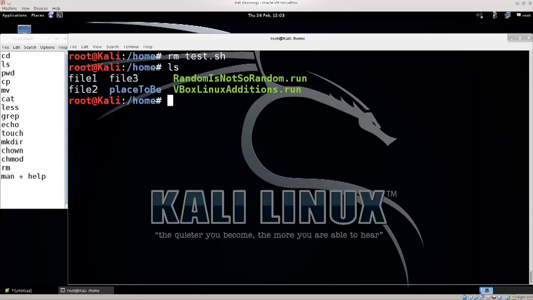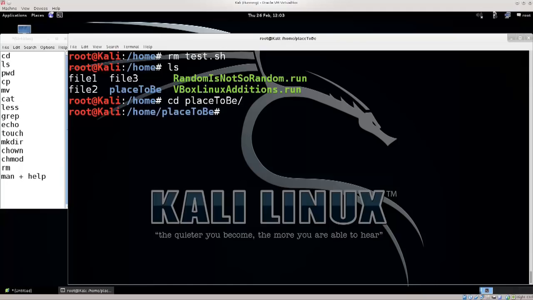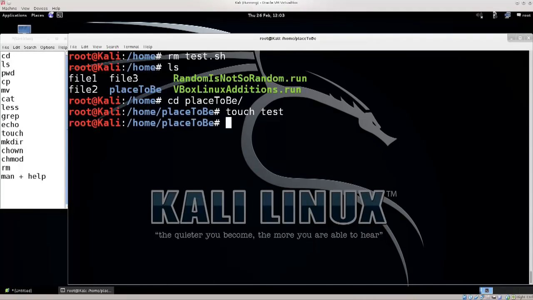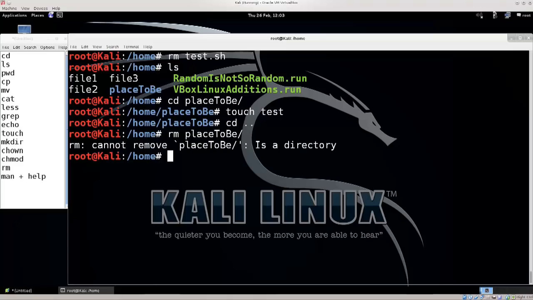But if I go ahead and navigate over to place to be, and I don't know, touch test, I'm going to make a new file there. And if I go ahead and say rm place to be, it's going to say rm cannot remove place to be because it is a directory. This is a failsafe of the rm. So you wouldn't delete a full directory because you wouldn't be able to recover it, and that would be really bad. What you can do is type in